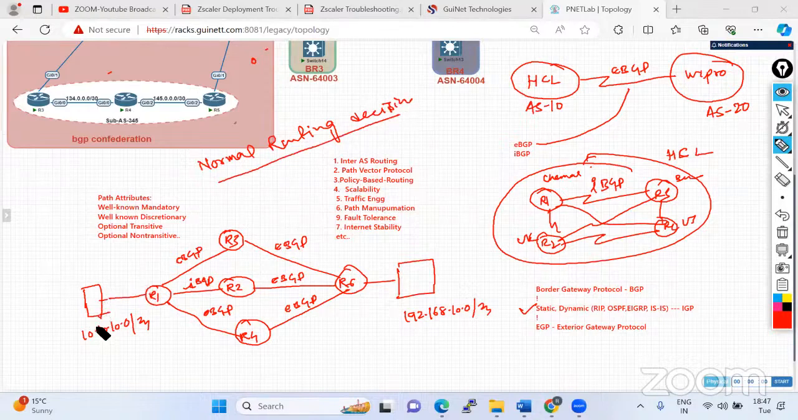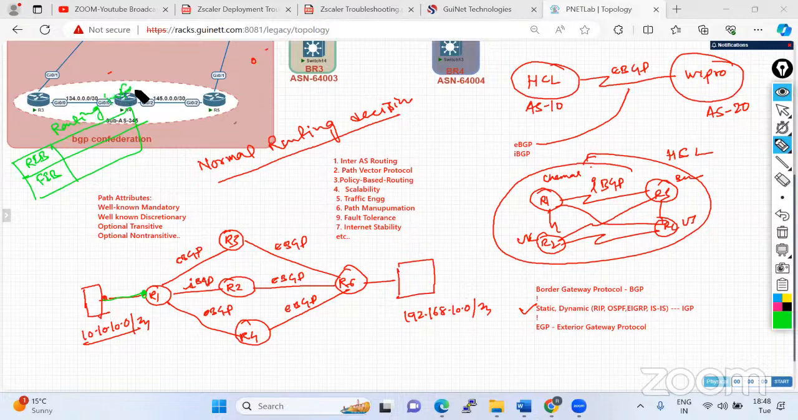Let's suppose this is one of the networks that wants to reach this network. The first packet will start from this LAN network and land on this router. Once the packet lands on this router, the router is going to check the routing table. There are two kinds of table: one is the RIB table and one is the FIB table. So what is the RIB table and what is the FIB table? The RIB table is known as the routing